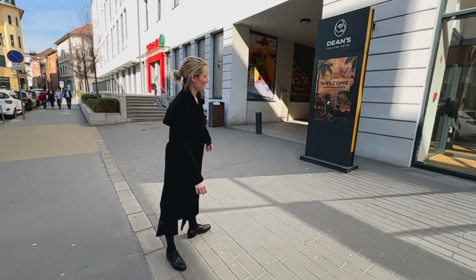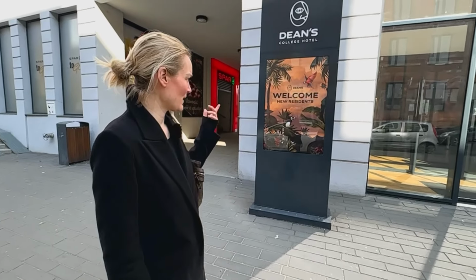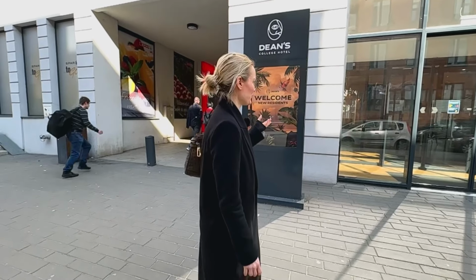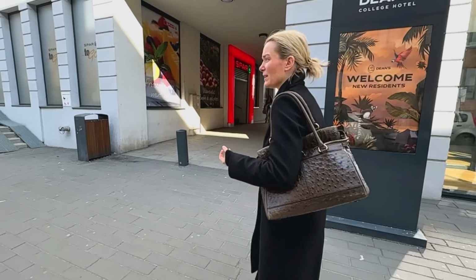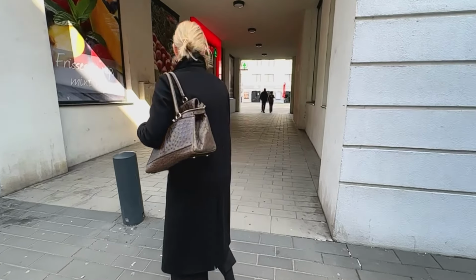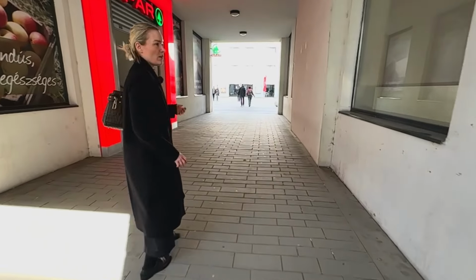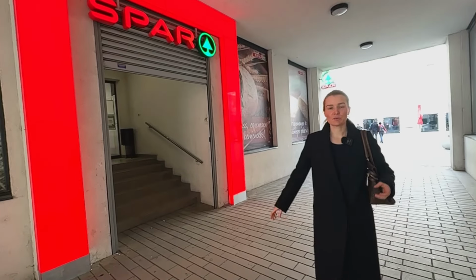All right, so here we can check out one of these dorms. It even says, "Welcome to new residents at Dean's College Hotel." So this one is something that students can stay at if they are not renting or they don't even own their own apartment. I just wanted to walk you through. Of course, they will need to have the big supermarket,